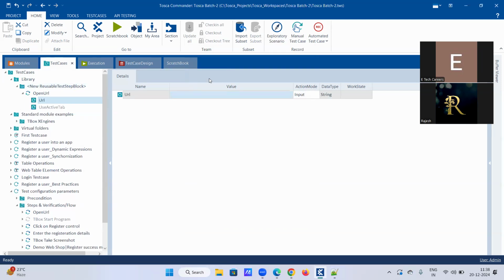Because I already know that open URL is a common thing and I can use this across all the test cases. So I am placing this test step by creating a reusable block in the library. And whatever input I want, I can give here, my URL. So this is one way of adding. Next,